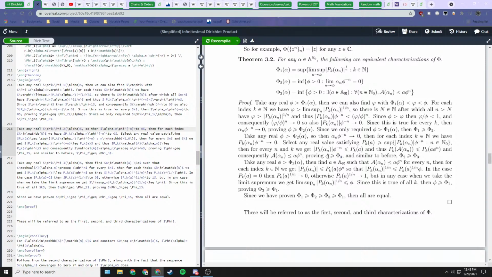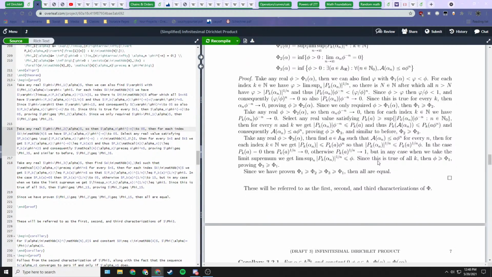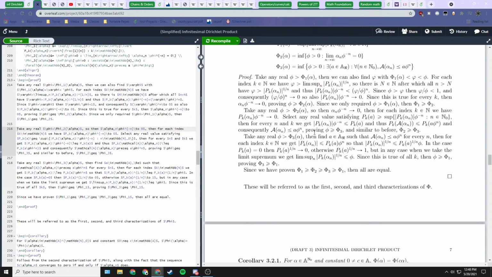And just like before, because the only restriction on this lowercase phi was that it's greater than phi 2, then everything greater than phi 2 is greater than or equal to phi 3. So we have to have phi 3 less than or equal to phi 2. And the last part of this proof is